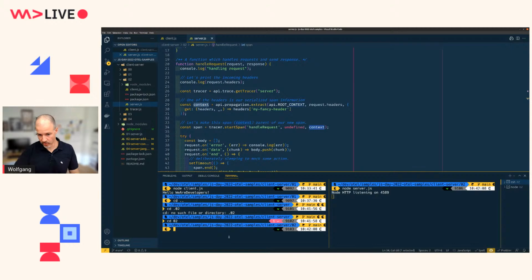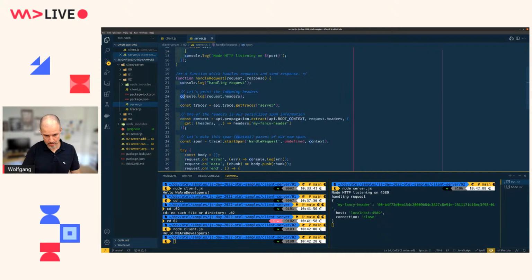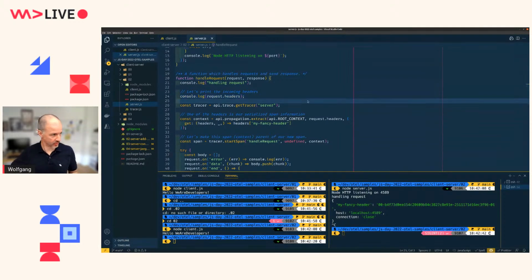And as soon as I start the client here, what we immediately see is I also added this console log line dumping out the request headers, and I see my fancy header showing up in the HTTP headers coming in. And the value of this header looks suspiciously like some span context or trace context information. So looking good. If we go back now to the tracing backend,